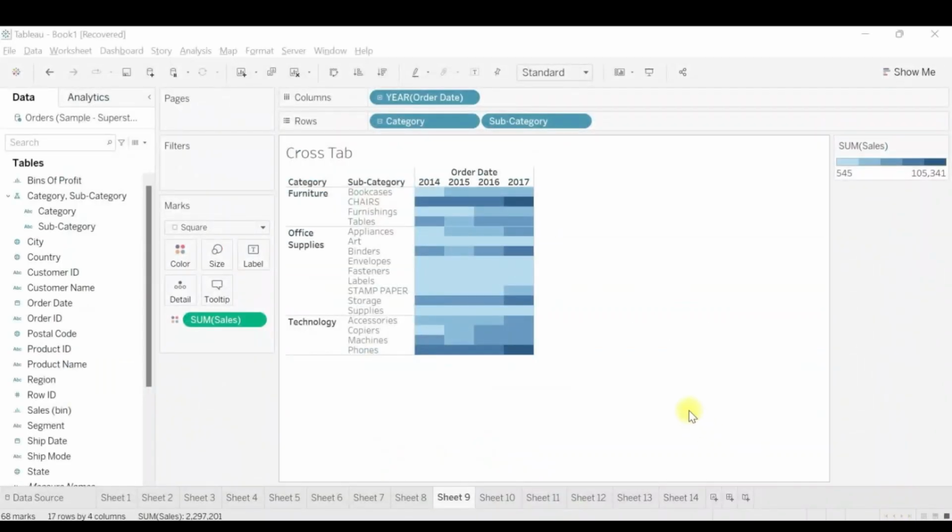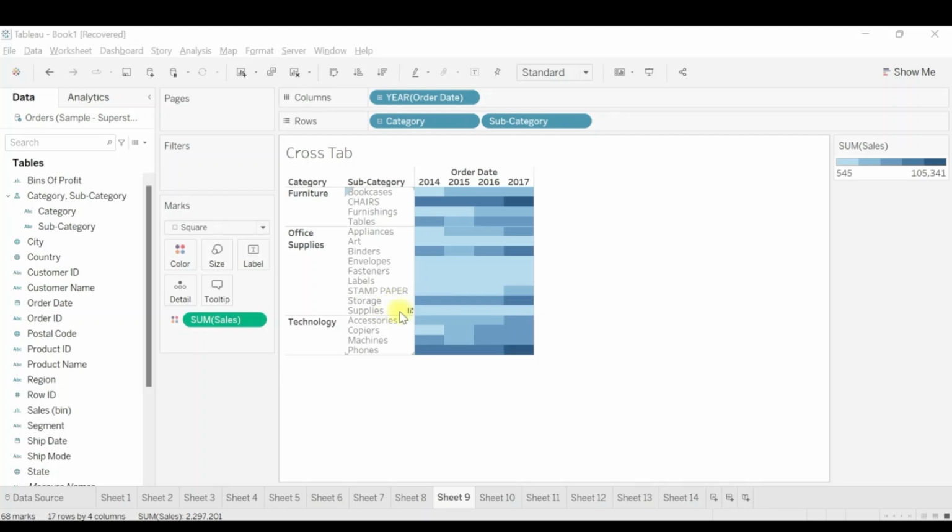So in Tableau desktop, I have created a cross tab that is showing years of the order date in the columns and category and subcategories in the rows. Now let's say we want to group the data. For example, storage and supplies.